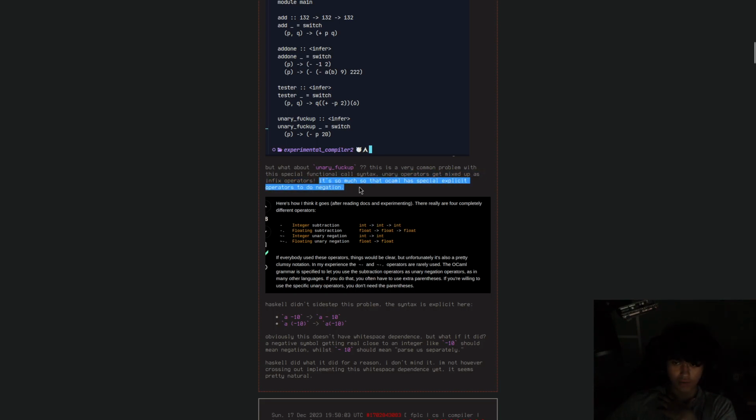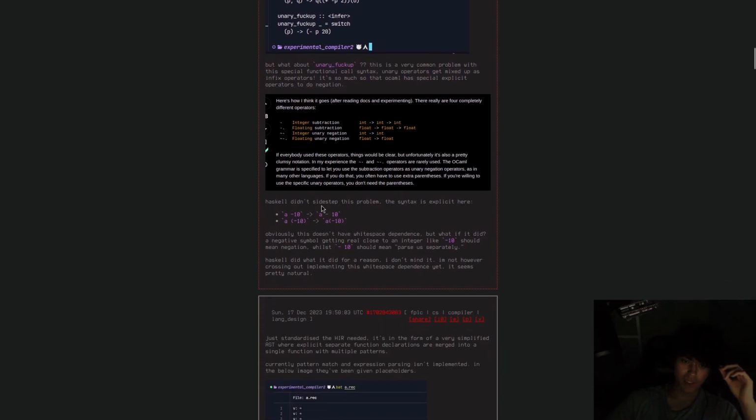So much so that OCaml has special explicit operators for negation. It has things like minus dot, and then unary negation is tilde negative. That makes sense because this unary operator doesn't conflict with any binary operator.